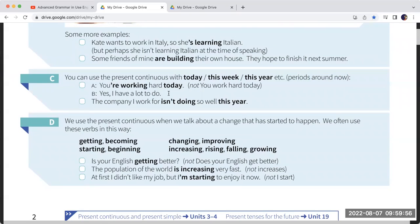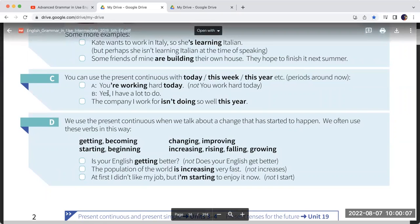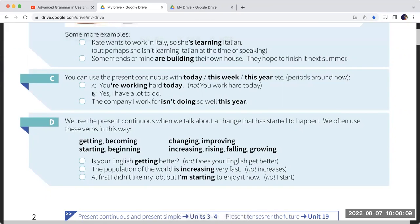Yes, I have a lot to do. So you will see that number A says you're working hard today. So the one B answers. So you will see that the one B is not a hard-working boy or man. He didn't work hard in the past, and he is not always a hard-working boy. But today, just today,